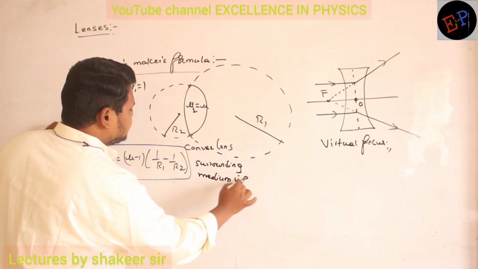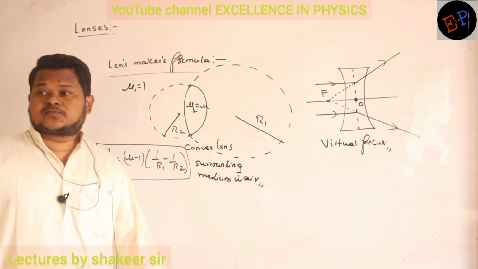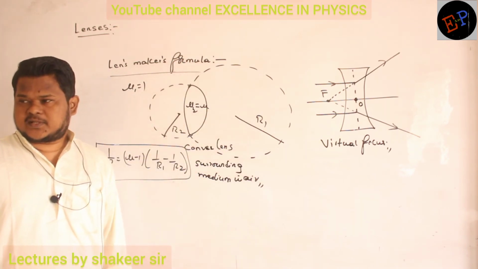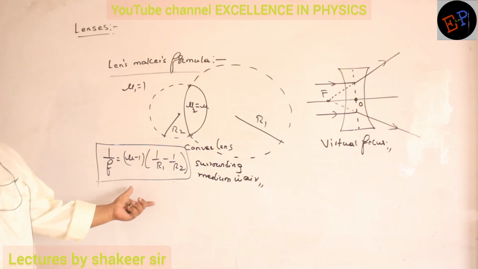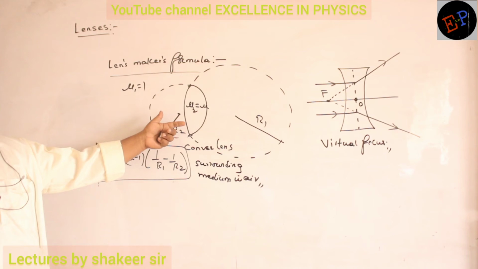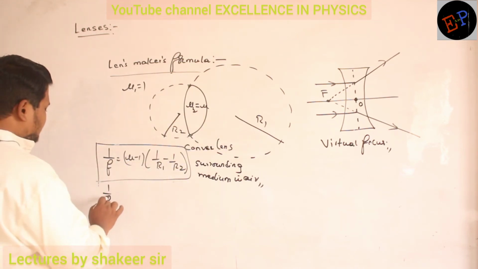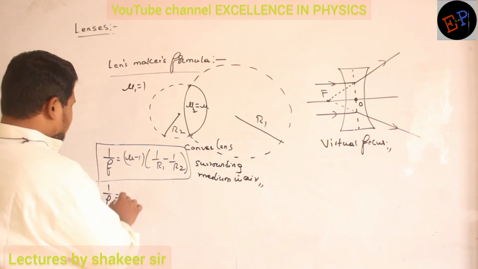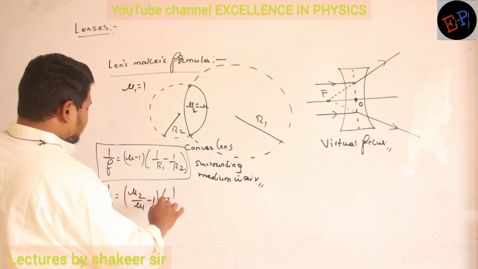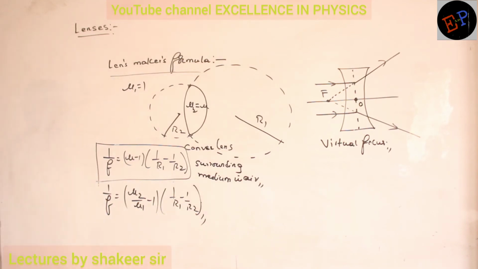is air. If the surrounding medium is water, then what do I have to do? It means this lens I have kept in water. Are you able to understand? Then I cannot use this formula, because if the surrounding medium changes, how light enters this lens also will change. Clear? In that condition, I have to use 1 by f is equal to (mu 2 divided by mu 1 minus 1) multiplied by (1 by R1 minus 1 by R2). So this is the relation which we are supposed to use.